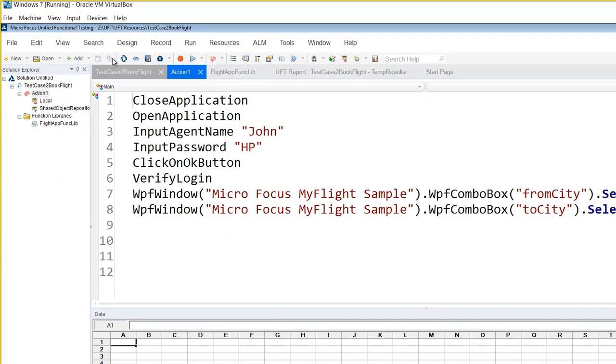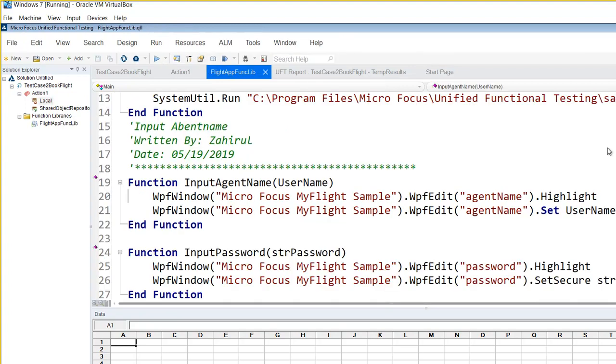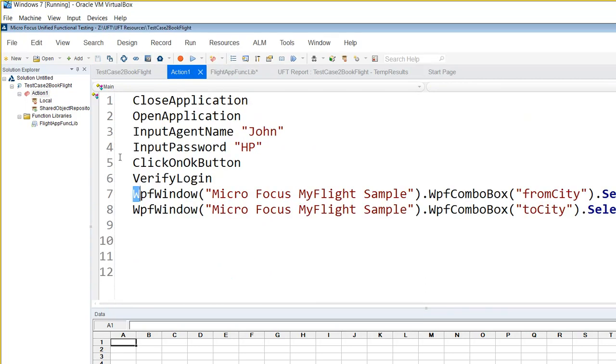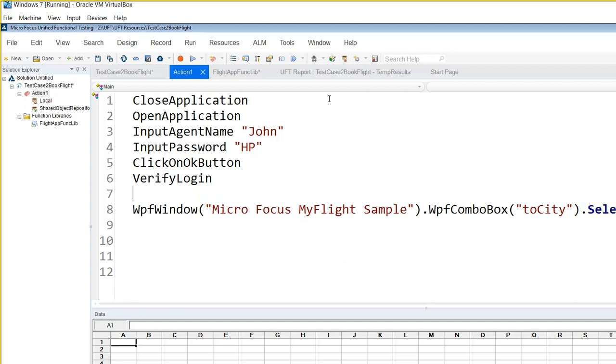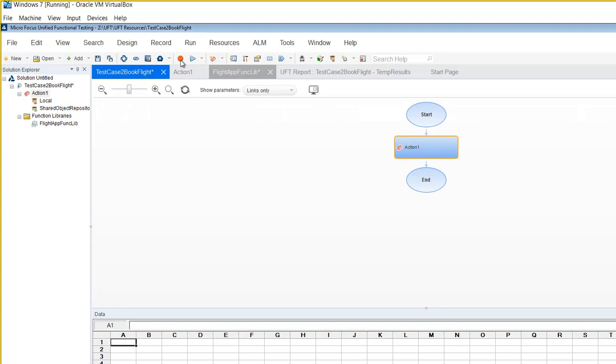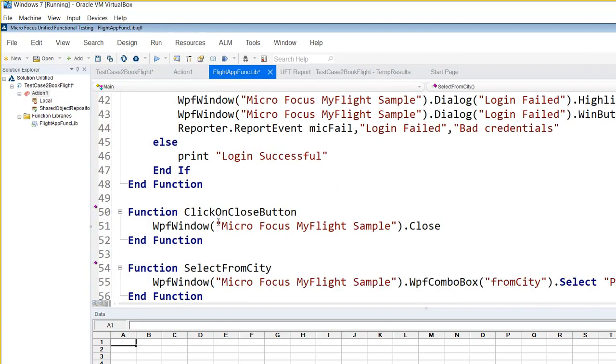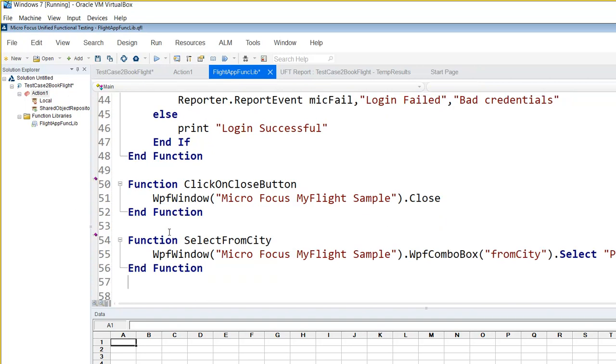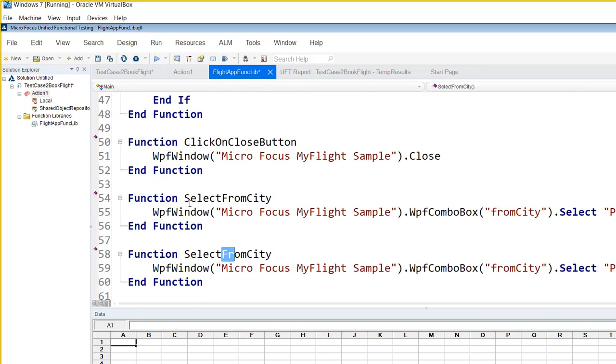Now if you want to create a function for this, what do you do? You go all the way down and create a function, select, oh, actually function select from city, and then to select from city, you come here, okay. Now you select this function, select to city, and then you go there,